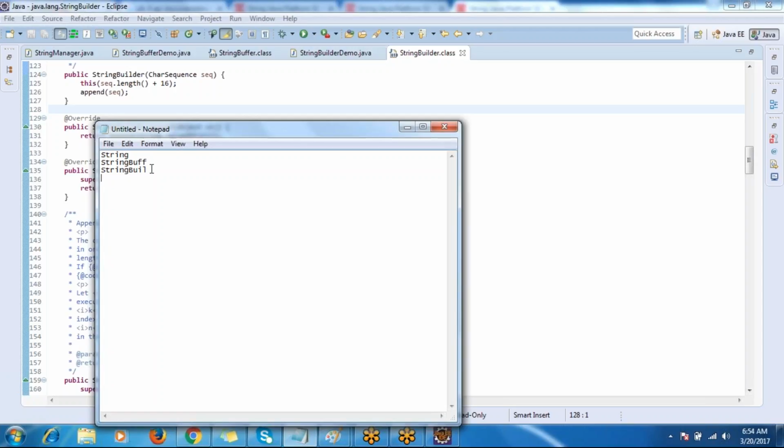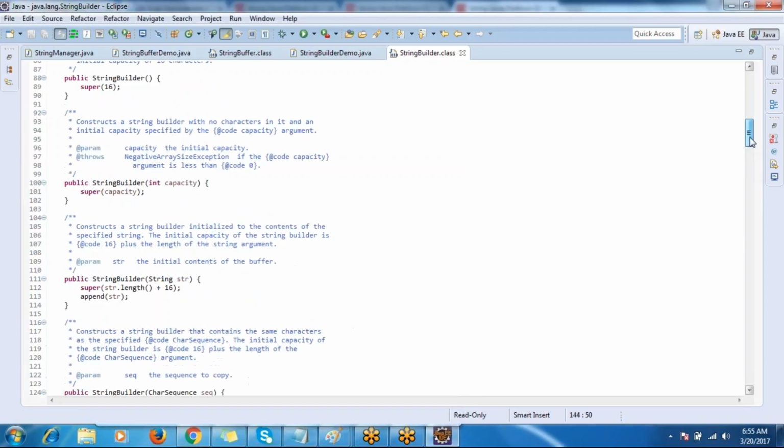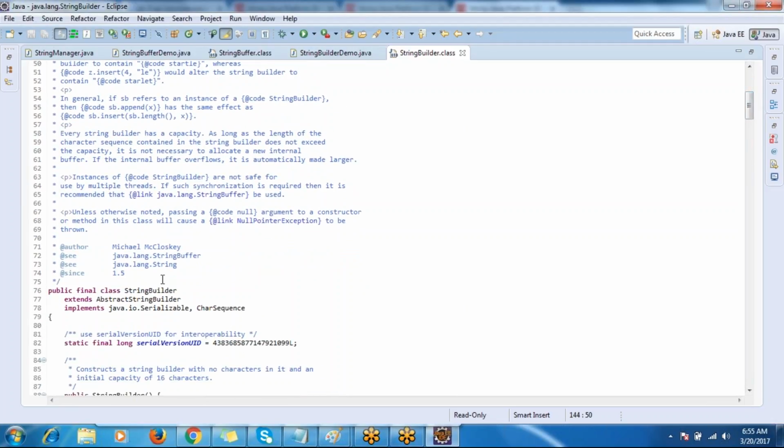Another difference: these two are available from JDK 1 onwards, and this was introduced in JDK 1.5. If you want to see this one, StringBuilder, just go to the top. Did you see this? Since means it was introduced in JDK 1.5,